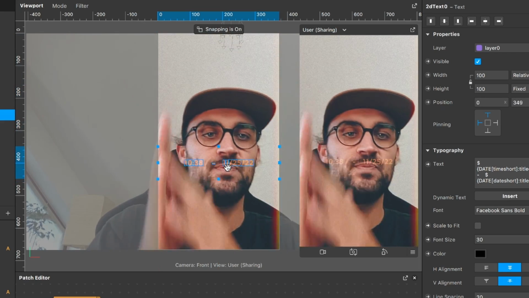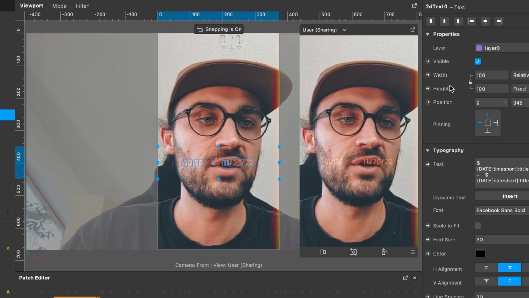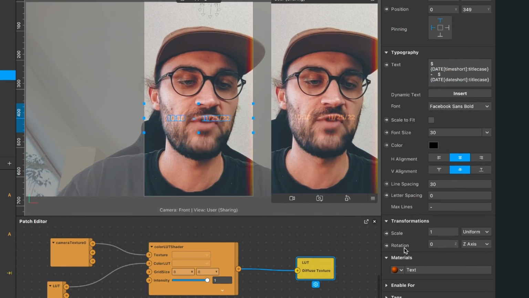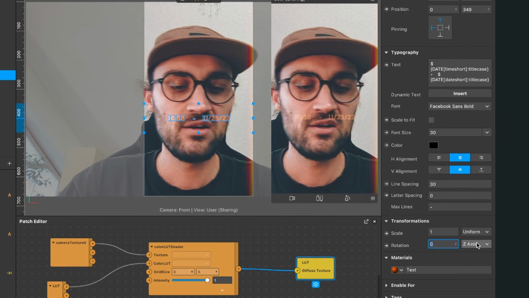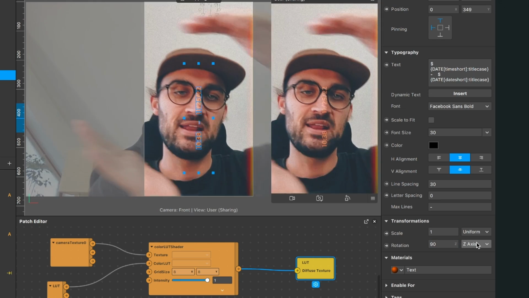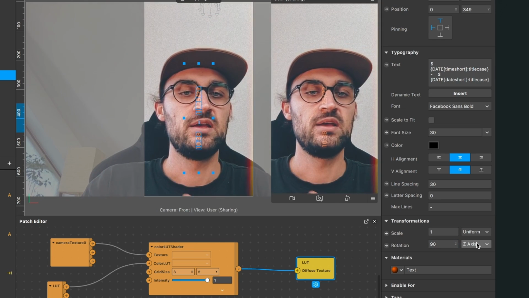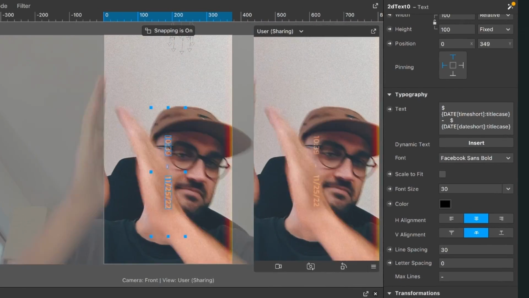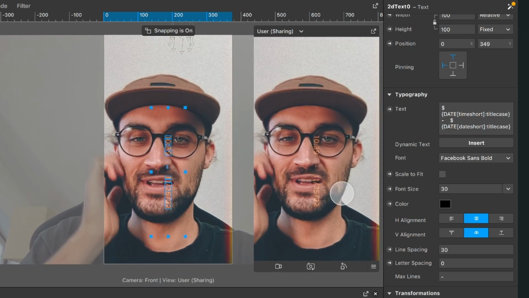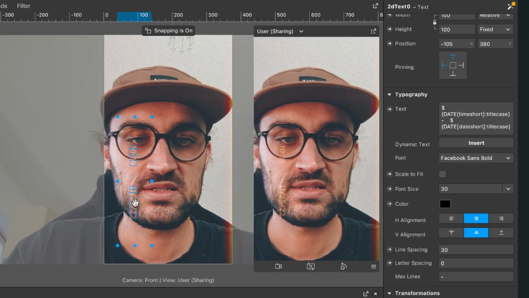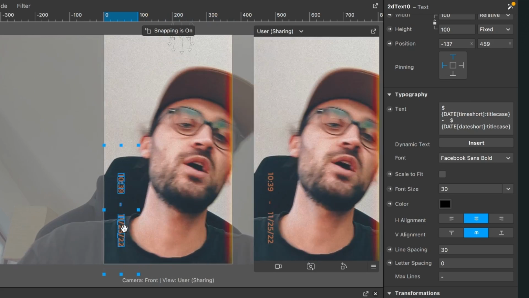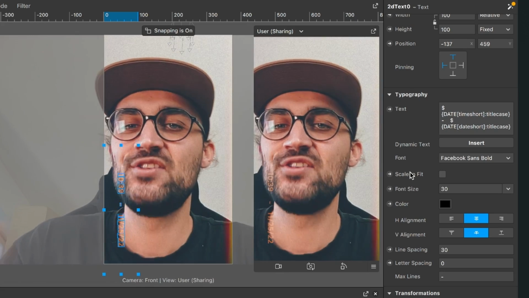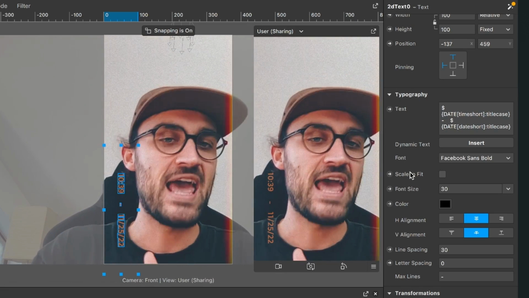To change the rotation, we have to go to the properties of our 2D text element. And here down at transformations, we can find the rotation of the Z axis. Here just type in 90, and now we have transformed it by 90 degrees, but I will use minus 90, so it is on this side. I think you know what I mean. And now just get it to the position you want. I think that's pretty nice, and that's all you need to do to create a retro cam effect here in